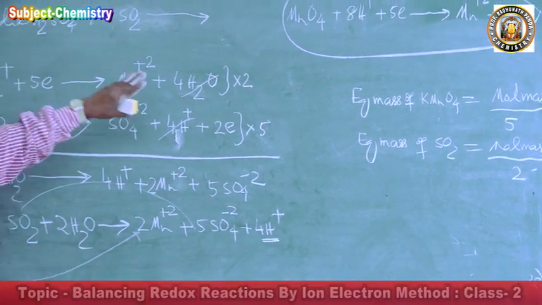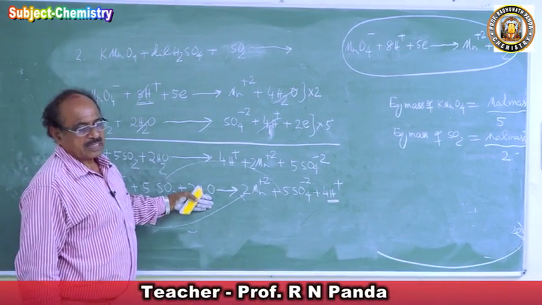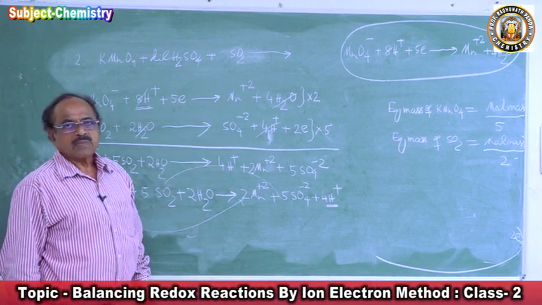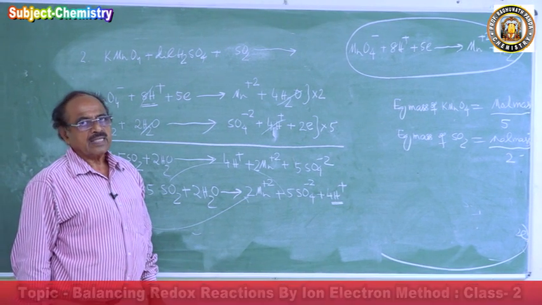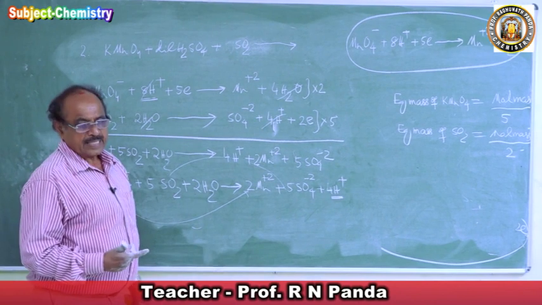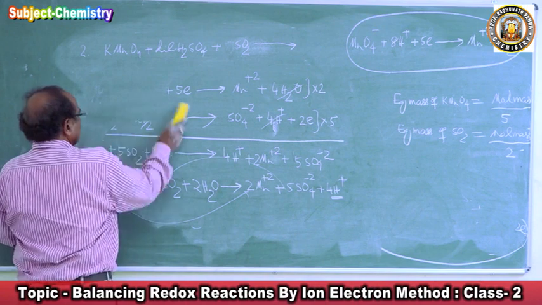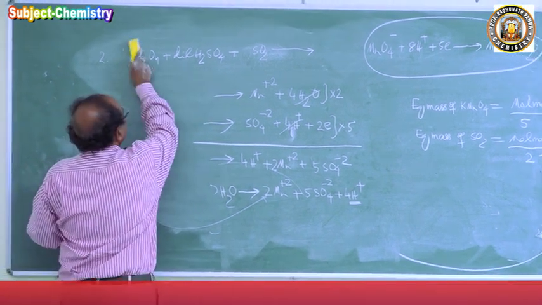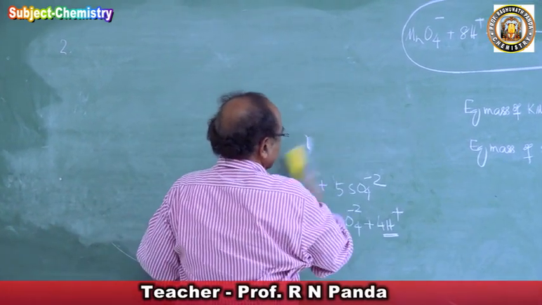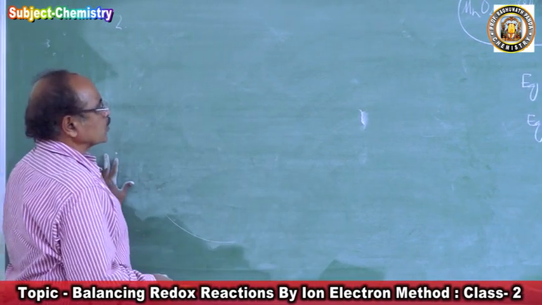Now I don't want to waste my time always balancing the equation for potassium permanganate. You have the standard equation: MnO4⁻ + 8H⁺ + 5e⁻ forms Mn²⁺ + 4H2O. This is the standard equation I will be writing. You can follow it easily, and I will do 2-3 more reactions so that you will be very confident of balancing equations involving potassium permanganate, because these are the reactions you will have in your theory class and also in practicals.